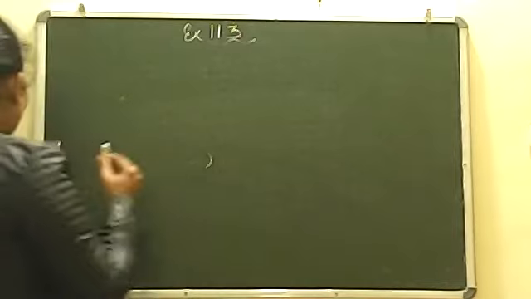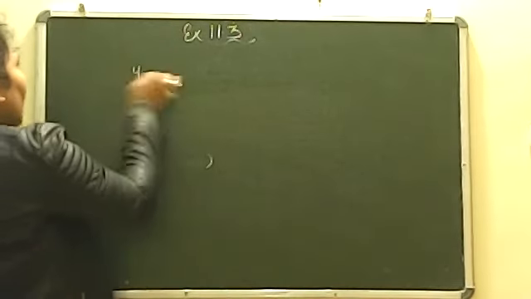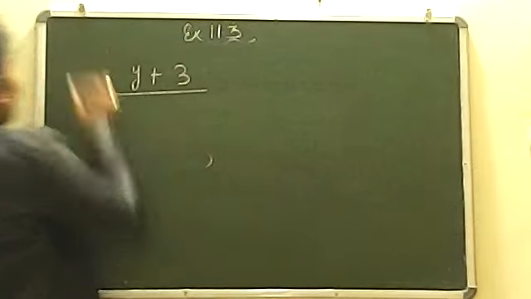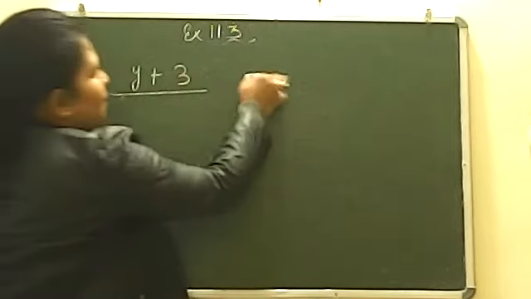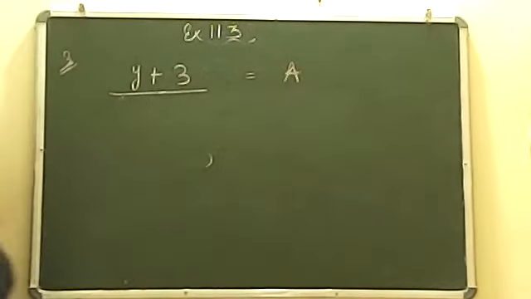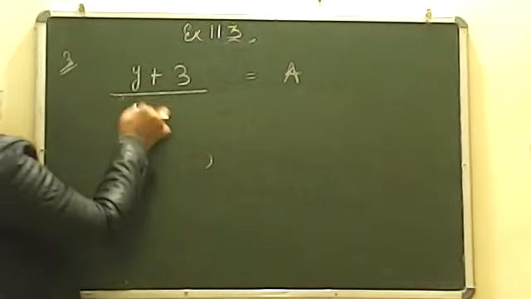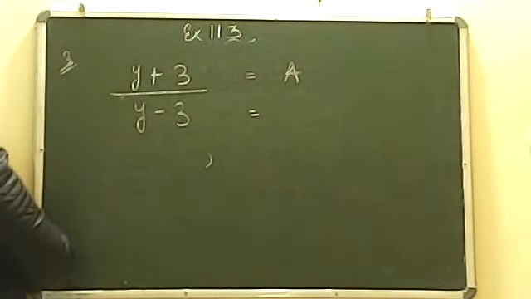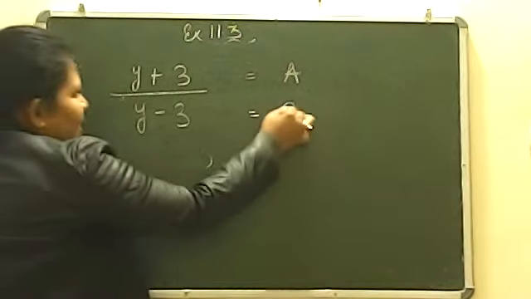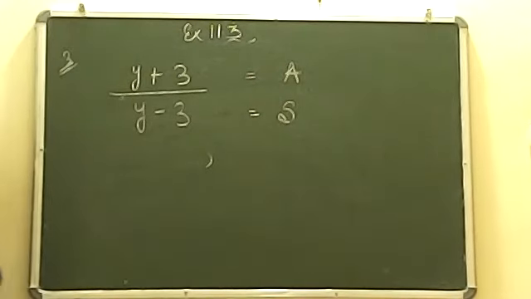Suppose you have an expression like y plus 3, may I know which operator is used here? Tell me. Yes, very good. It's addition. I'm writing here only A. You can simply write A as addition. Okay. If you have an expression like y minus 3, which operator is being used here? Tell me faster. Which operator is being used here? Very correct. Subtraction. S for subtraction.